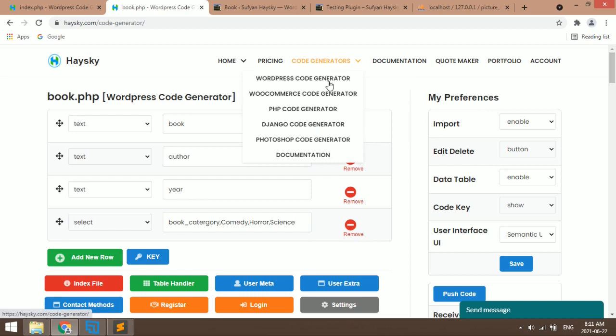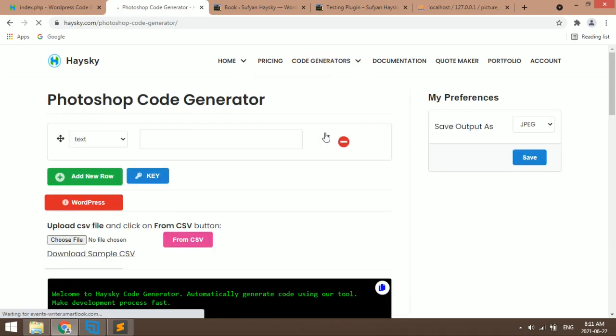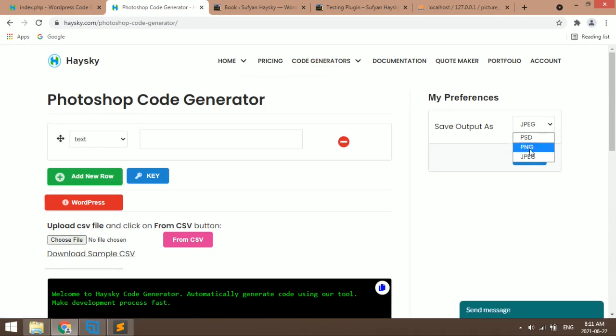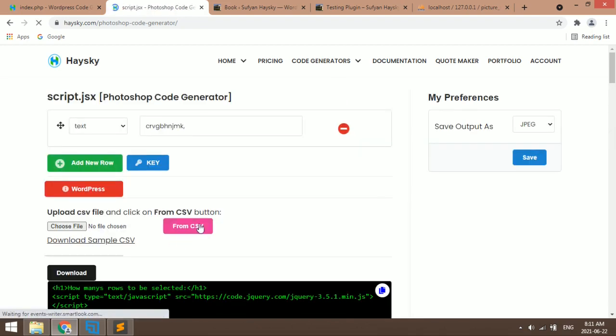In other code generators like Django or Photoshop, there will be different preferences. So for Photoshop you can keep save output as. If you want output in PSD format or PNG format, you can save it. Or you can also use from CSV.